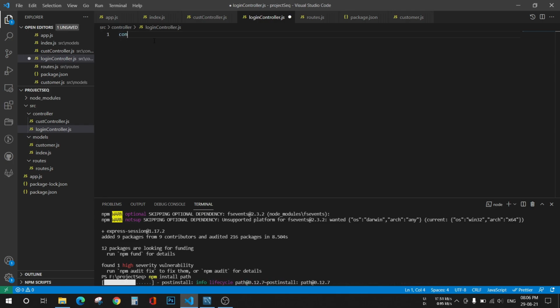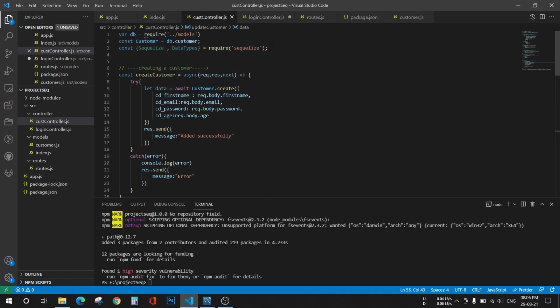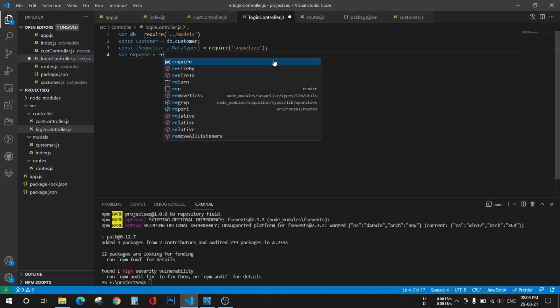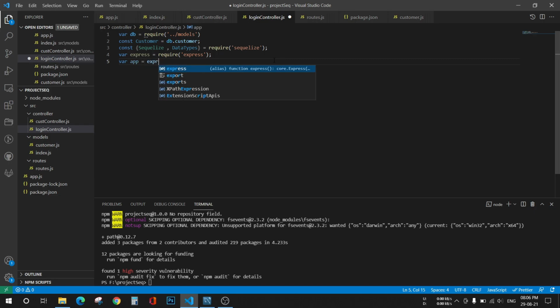Now we have to require the DB which we are using. So for that, we'll go to our customer controller, copy all of this and paste it into our login controller. Fine. Now we have to use Express. So const express equals require express, and we have to use an instance of Express, so const app equals express.